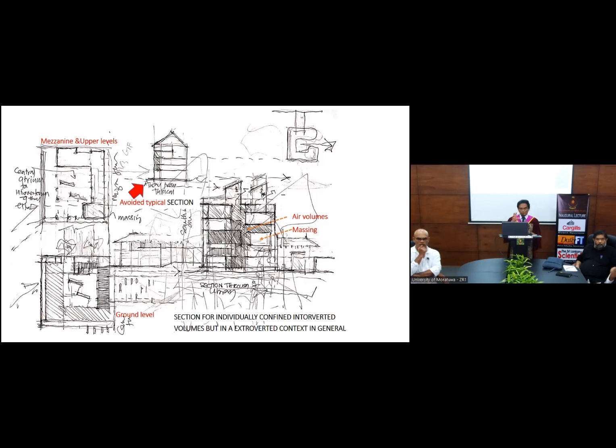In the section, in the middle, the larger picture shows how the internal spaces are arranged. Internal spaces are arranged vertically, but there are air volumes in between, and this form is square. Square forms are usually not climate friendly because a square form has equal facade areas, so it has the disadvantage of having a larger facade area towards east and west.